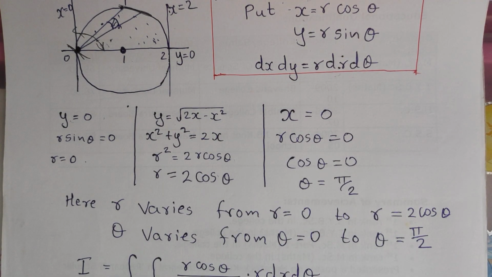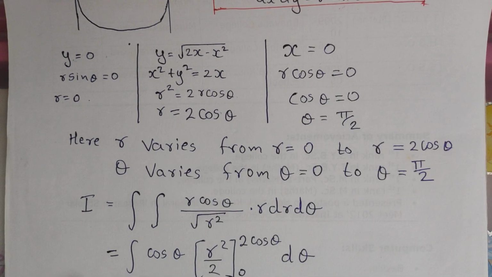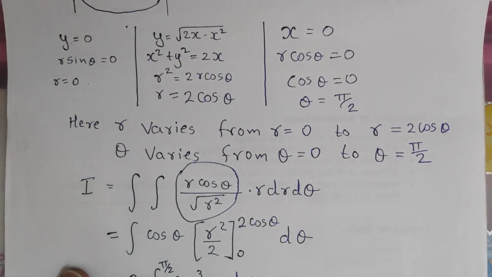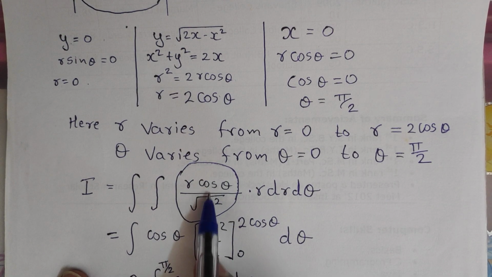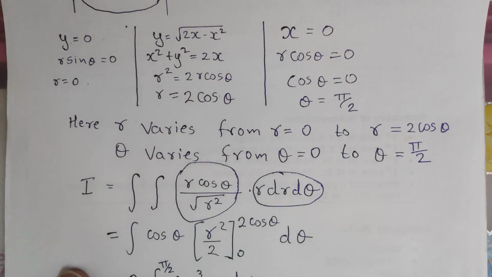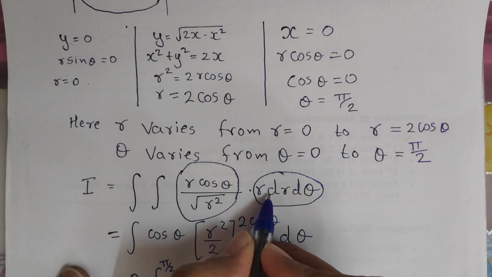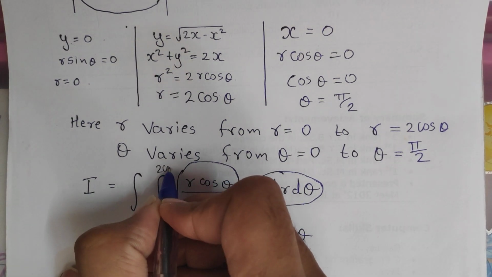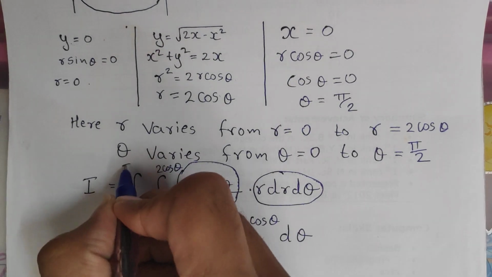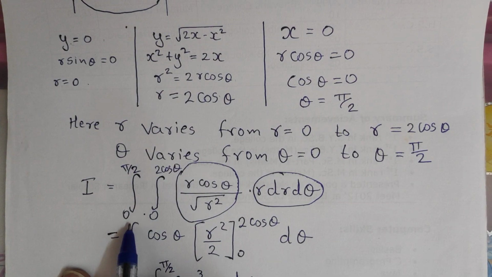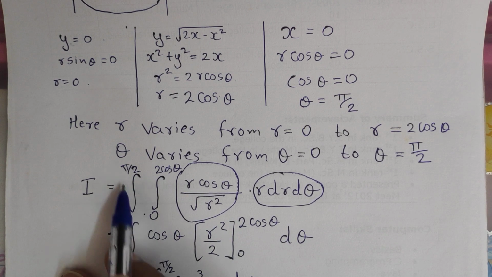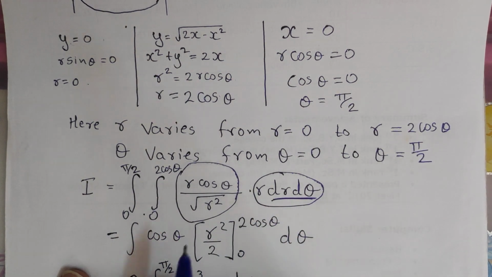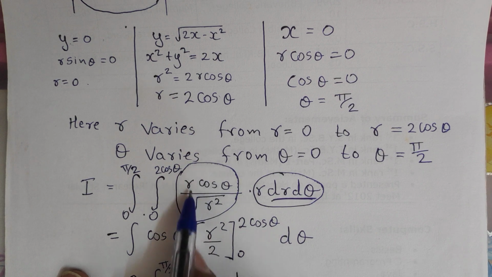Now we also need to change the function of the integral. So this is my function of integral in terms of polar form. This is my dx dy in polar form. We'll always integrate with respect to r first. So the limit of r is 0 to 2 cos theta and theta 0 to pi by 2. We always want outer limits as constant. Therefore, we'll always keep theta outside and r inside. So the order of integration will always be dr d theta. We'll not consider d theta dr. So we have substituted this.